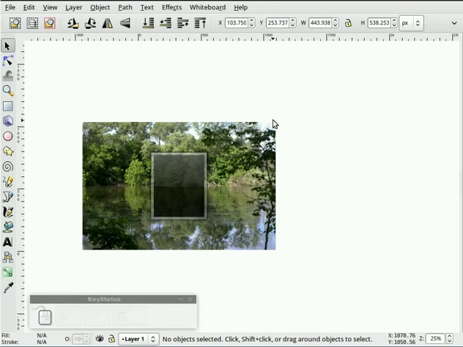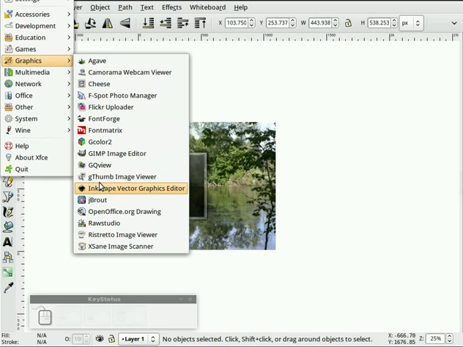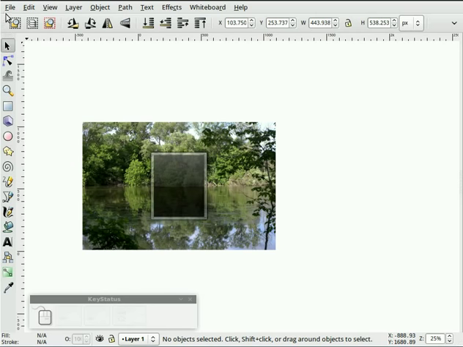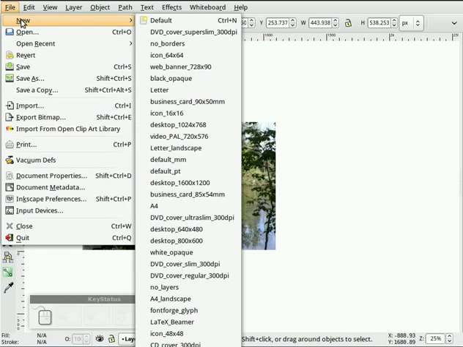Now, one tip might be that people run into problems with Inkscape. One thing they do is they have two Inkscape sessions open. They want to cut and paste one object from one Inkscape session into another, and sometimes it doesn't work, and people get flustered when they try it. The key here is that for Inkscape to do this cut and paste, you have to open the second Inkscape instance from the first one. So you can't just go to your menu and say Graphics, Inkscape. That won't work. So what you have to do is from Inkscape, say File New, or sorry, File Open, and then you basically want